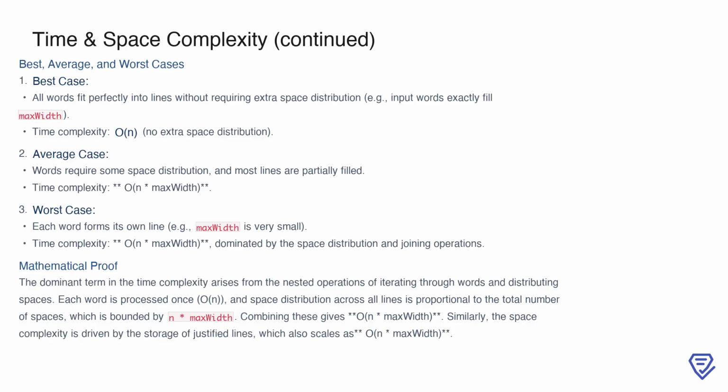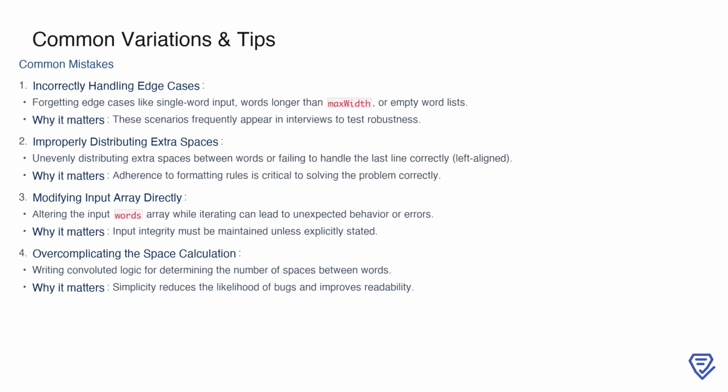Similarly, the space complexity is dominated by the justified lines stored in the result list, which scales as n * max width. When tackling the text justification problem, there are some common pitfalls to be mindful of. One of the most frequent mistakes is failing to handle edge cases. These include scenarios like a single word input, words longer than the maximum allowed width, or even an empty word list. Addressing these ensures your solution is robust, which is critical in interviews where such scenarios are often used to